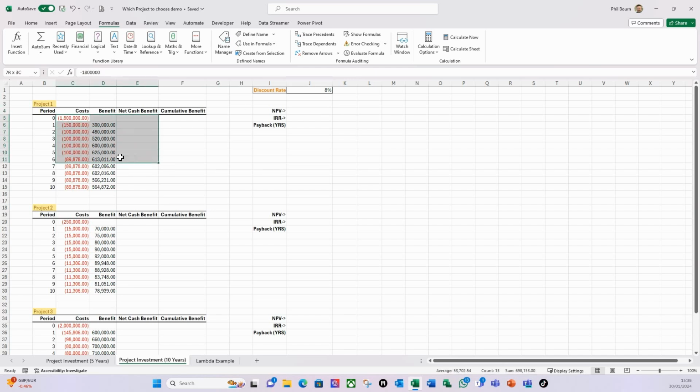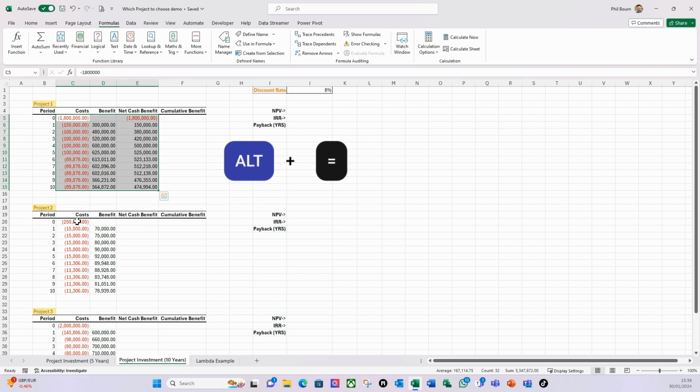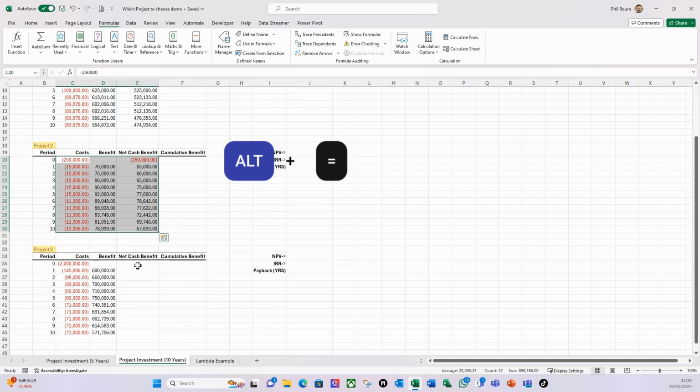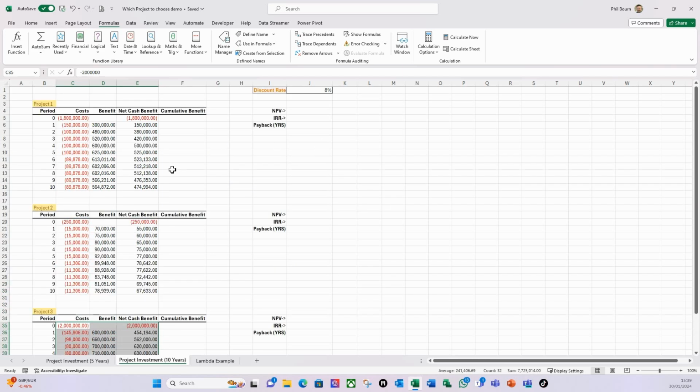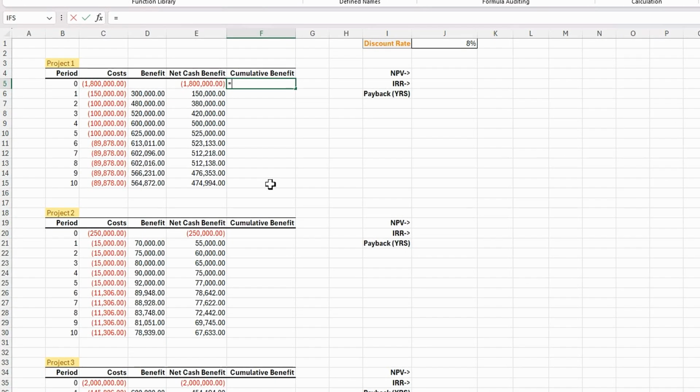I'll highlight the 2 columns, then the column where I want the sum to be. I'm going to hold down the Alt key plus the equals key, and it automatically does it. And again, do it for the project 2, Alt, equals key, Alt, equals key. And then I'm just going to put the cum value in here. So the first row will be my initial investment. The next row will be my previous cum plus the current net cash benefit. Then I'm going to copy that down,